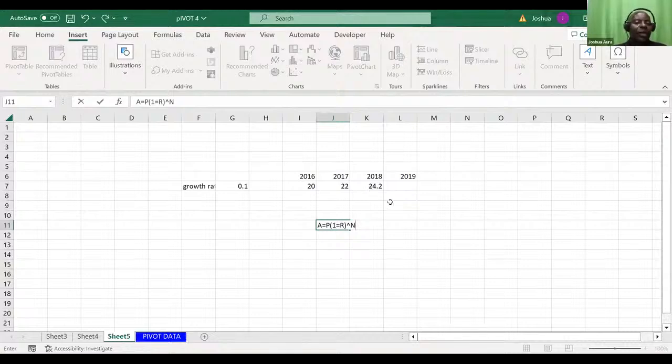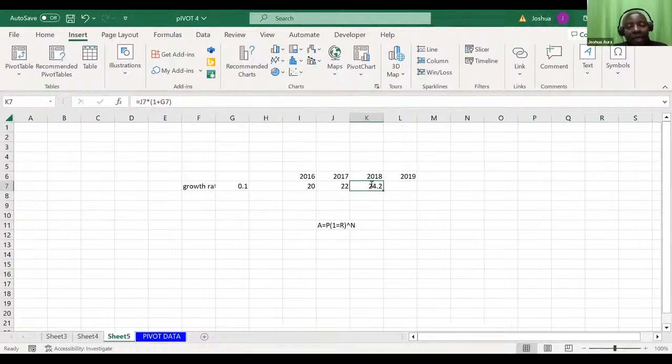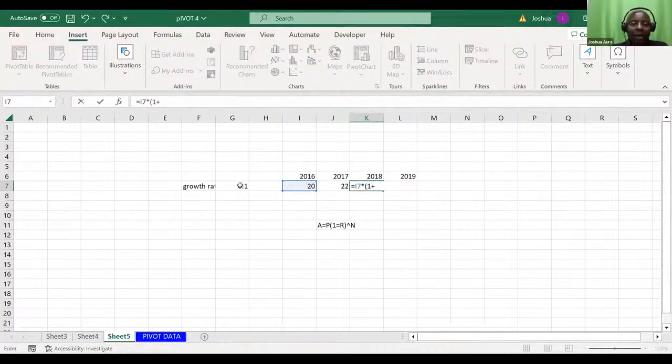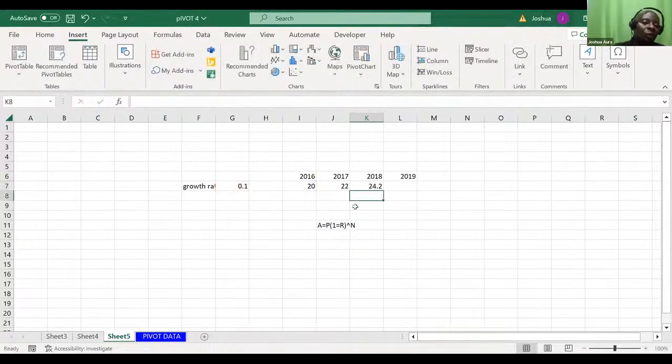If I want to use that formula, no worries. I say equals, pick the original principal, which was 20, times, open brackets, 1 plus the R, close bracket, raised to power 2, since this is year 2. If I say enter, I get that 24.2.